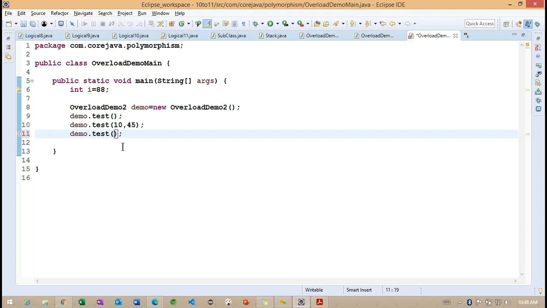We need type conversion, I think, sir. So why do we need type conversion here? Basically byte takes so much less memory compared to int. Yes. So that's why we need a type conversion.